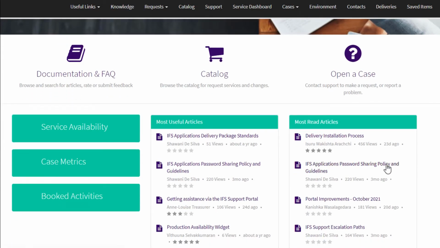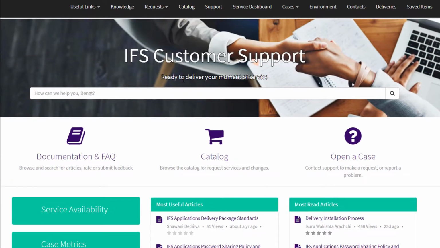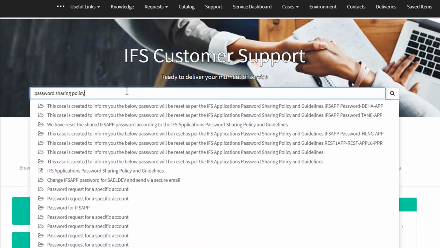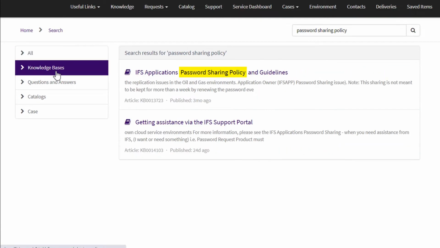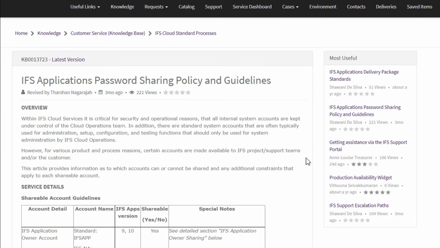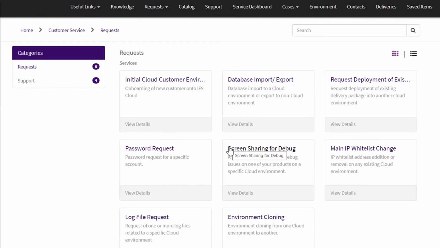Before making a password request, please take the time to review the IFS app's password sharing policy and guidelines. You can access it via this article here, or you can search for password sharing policy and then select the article from the knowledge base section. When you finish reviewing the password policy and are ready to make the request, select Catalogue from the home page